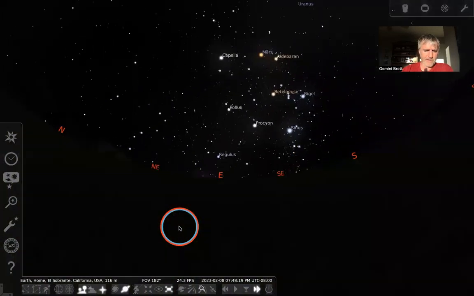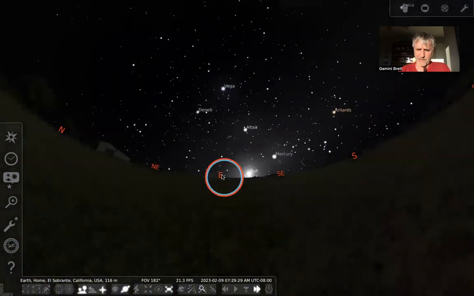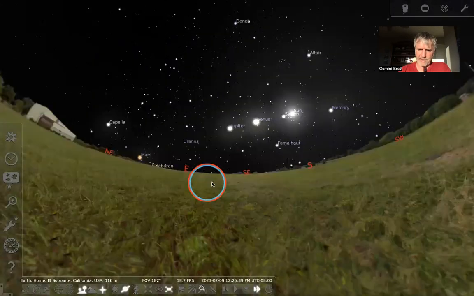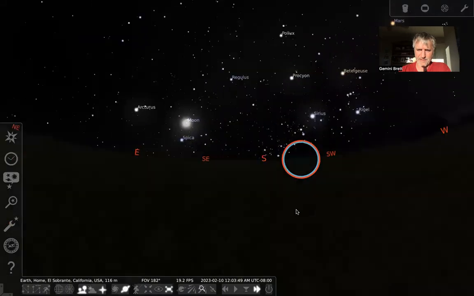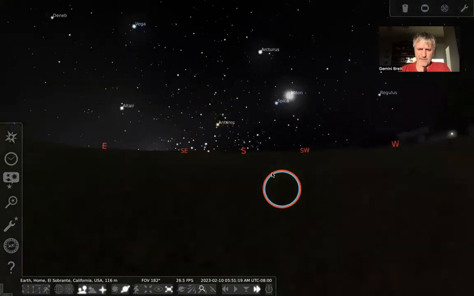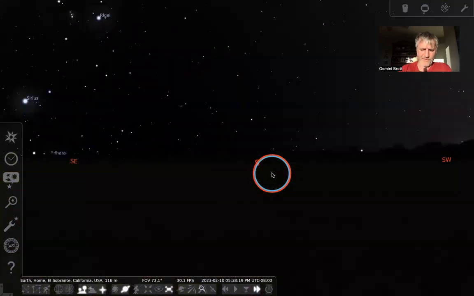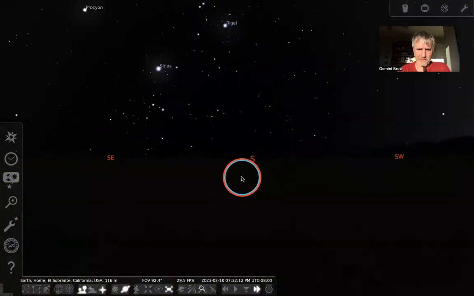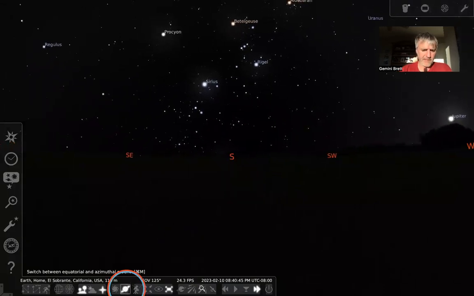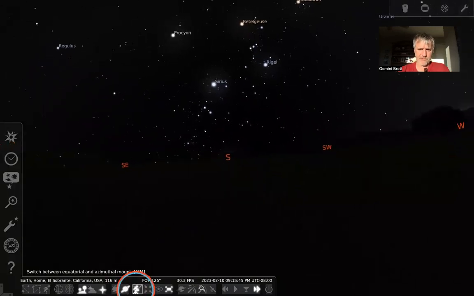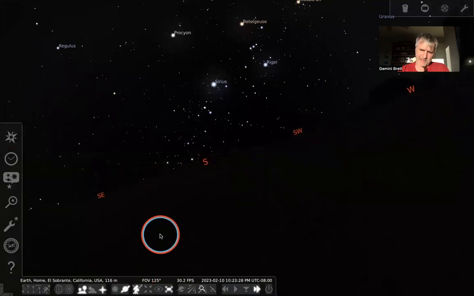information display. So here I'm in an azimuthal grid. It's just like feet on the ground. You can see I'm looking east. I can click and drag the ground and go up and down, in and out. I'm using my trackpad for that. We're moving fast through time. I'll slow that down just a little bit. So this is azimuthal. As I switch to the equatorial mount, now you can see that I'm